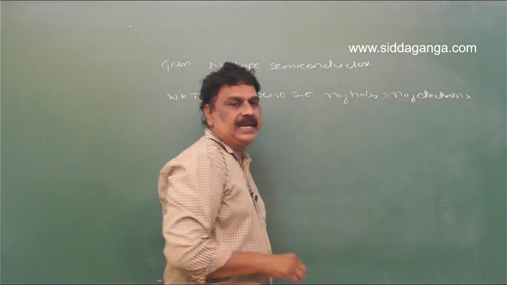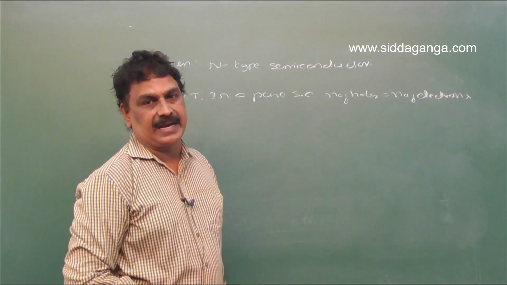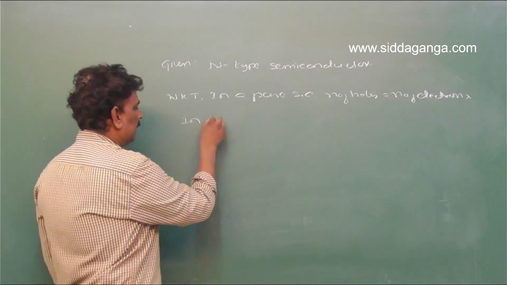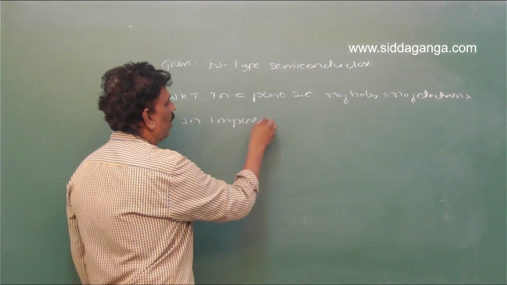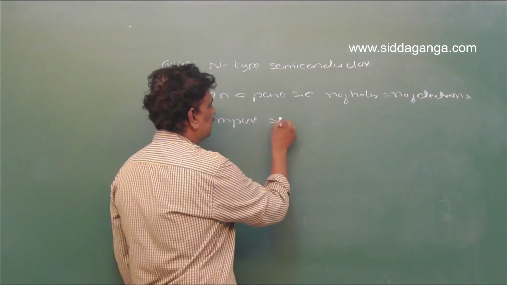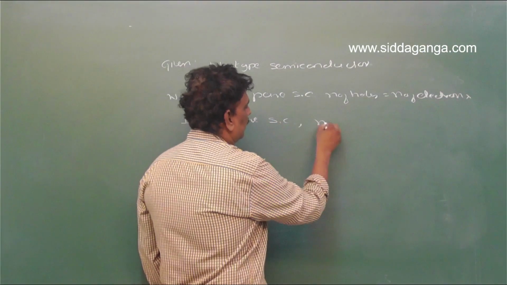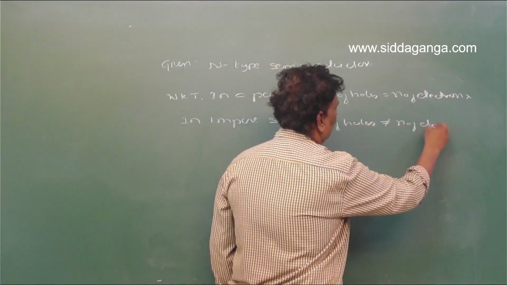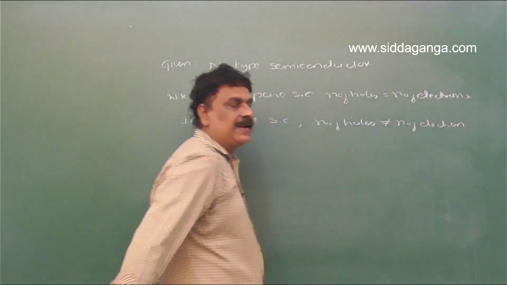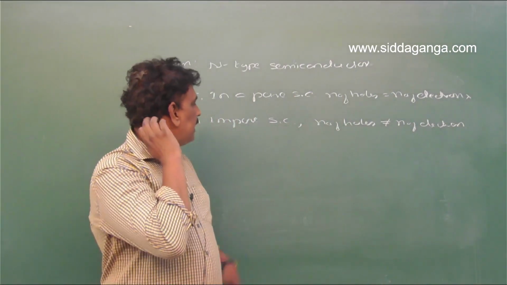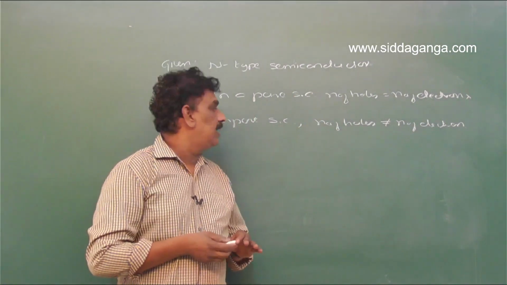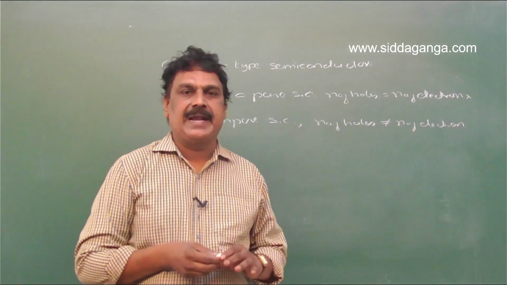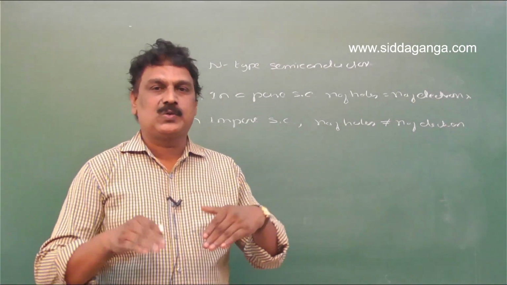It is called an intrinsic semiconductor. In an impure or extrinsic semiconductor, the number of holes is not equal to the number of electrons. An extrinsic semiconductor can be obtained by doping a suitable impurity